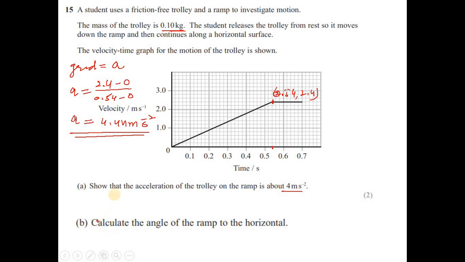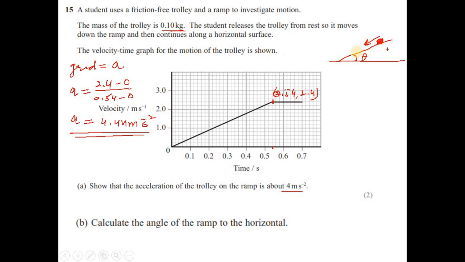Part B, calculate the angle of the ramp to the horizontal. So remember, this is the question about inclined plane. A particle is moving along the inclined plane, making some angle theta with the ground, and if this particle is sliding down, and